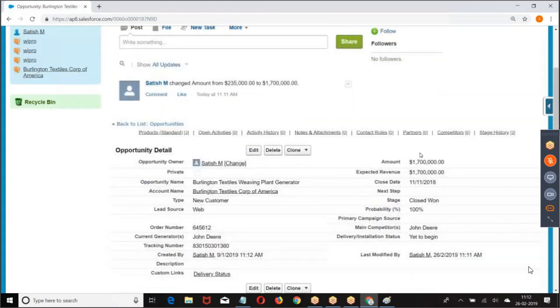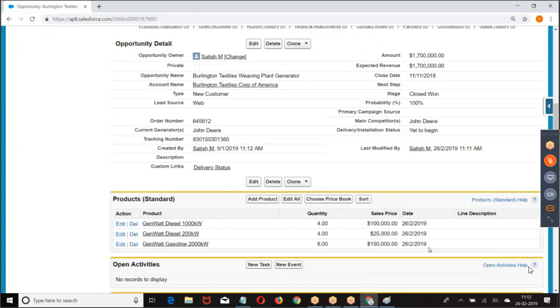Are you getting my point? So this opportunity amount is coming based on these products. Now these are called what? Opportunity line items. These line items together give the amount. Now the customer is interested to purchase 2 laptops, 2 mobile phones, 2 tabs. Together this gives you some 3 lakh rupees as revenue. Are you getting it? So what do we call this? Opportunity line items.